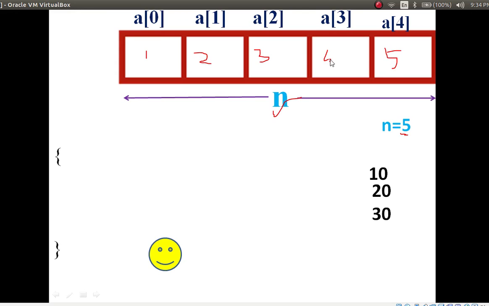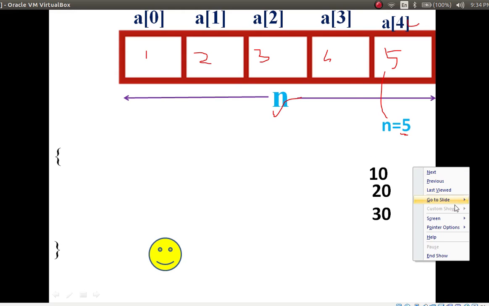You got 5, so what is your array size? 5. But why is it 4 here? Because it starts with 0. Please keep in mind it starts with 0. That's why it is 4.